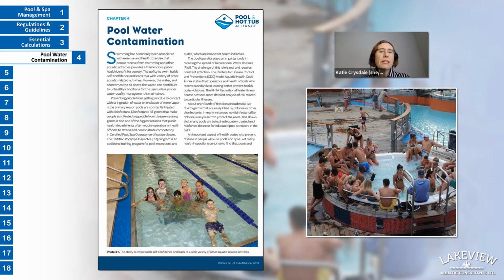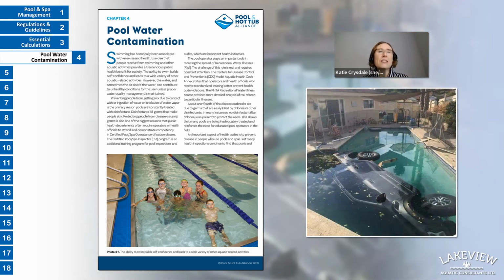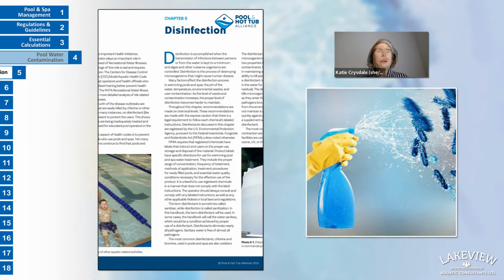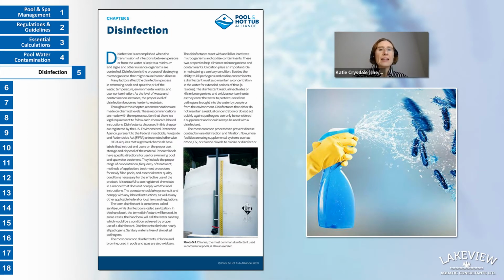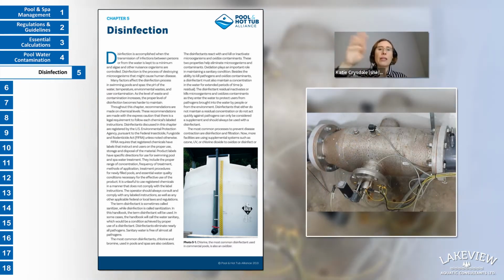Contamination typically comes from humans, but it can come really from anywhere, whether it's food in the water, sweat, urine, contaminants in the filter, dead animals, sticks, plants, leaves. Anything that should not be in the water is a contaminant. So the main thing to understand is we need to disinfect the water without throwing it out. We are not dumping the water out. We are recirculating it every day, every week, every month.